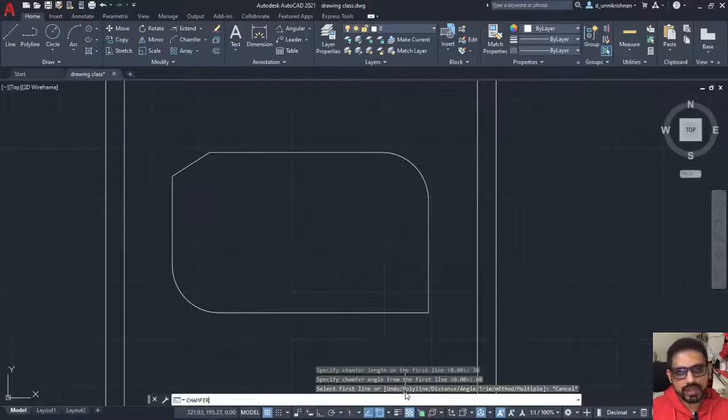I'm going to use chamfer with the next option, that is angle. When I click on angle, it shows specify chamfer length on the first line, and let me define it as 30. I used it earlier, so it is showing as 30. So I am going to give the length as 30 and the chamfer angle from the first line to be,